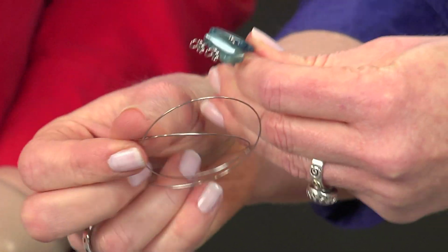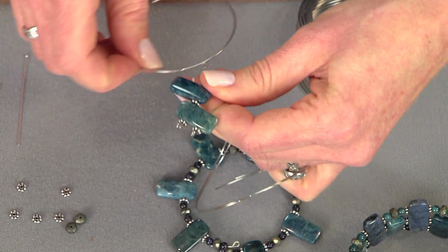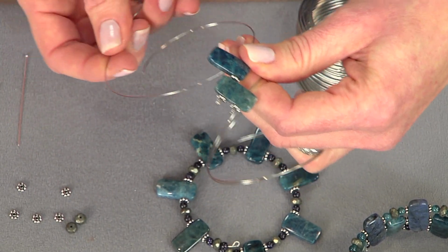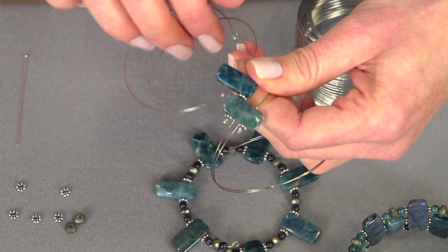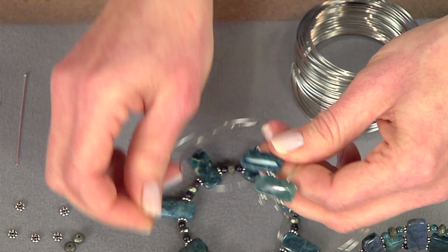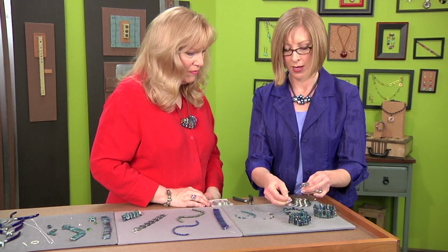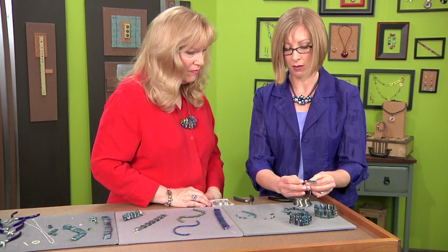Then you'll see there's a lot of space here from the beginning. So this is where you can start adding beads. And you basically just want to take up that space here between the end of the bracelet and the first double drill. So for that, we can do kind of a repeat of this pattern with the spacer. And then we'll add one of these little